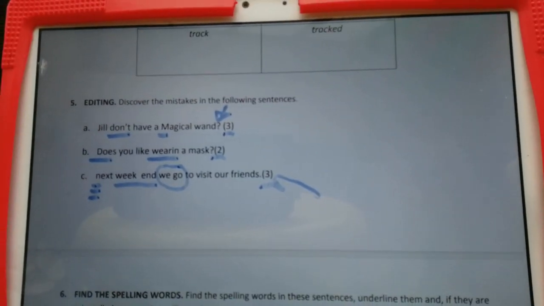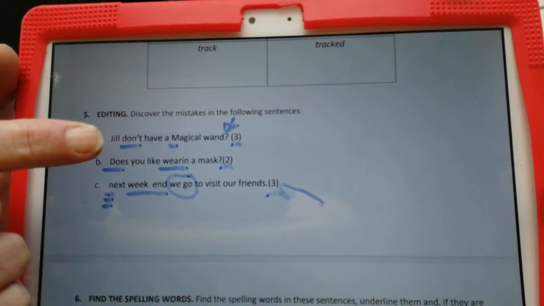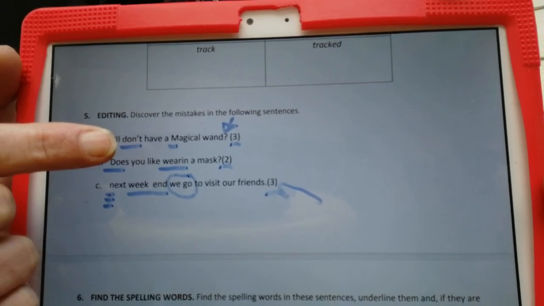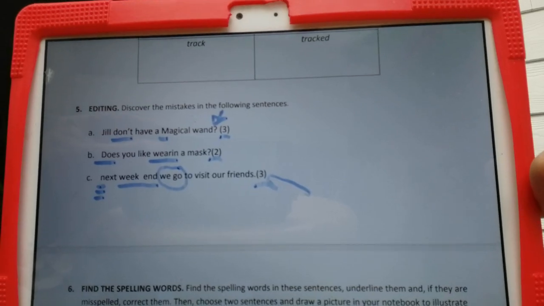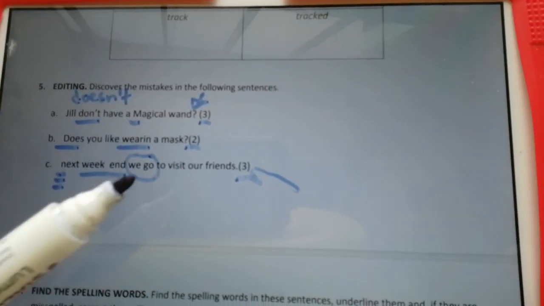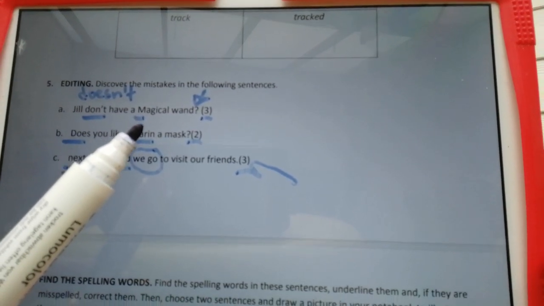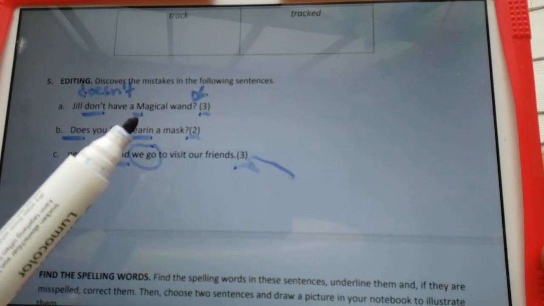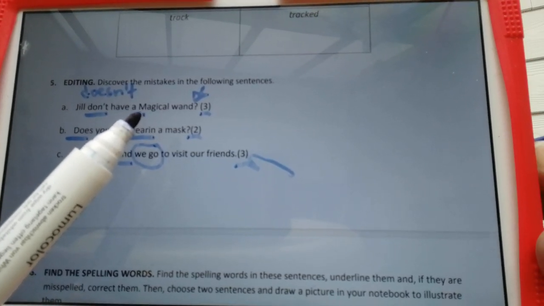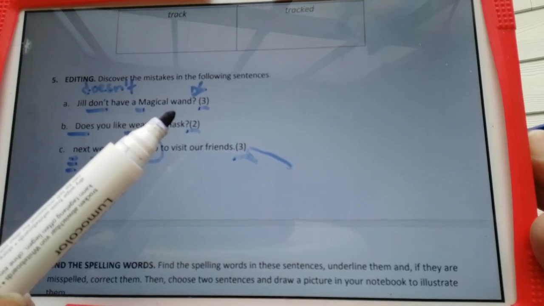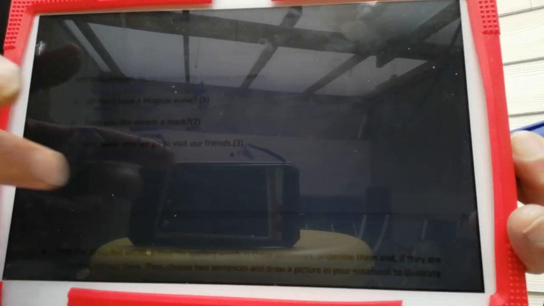Okay, so let's have a look at the first one. Jill is not me, and that's not you, it's another person. It's the third person singular, so I am not going to use don't, I'm going to use doesn't. Alright, and why is magical with a capital letter? It's not a proper noun, it's not the name of a country or a city or a person, so it doesn't have to be in capital letters, so there should be a lowercase m, okay? And why is it a question? It's an affirmative sentence. Jill doesn't